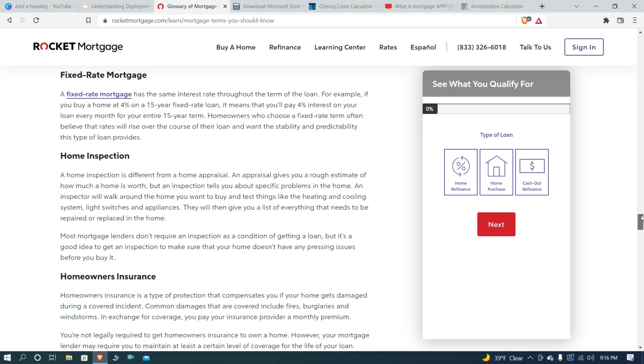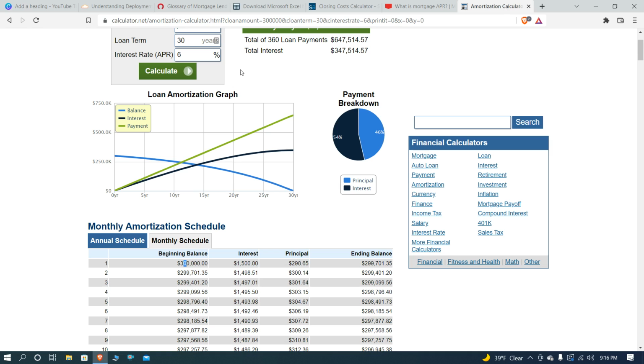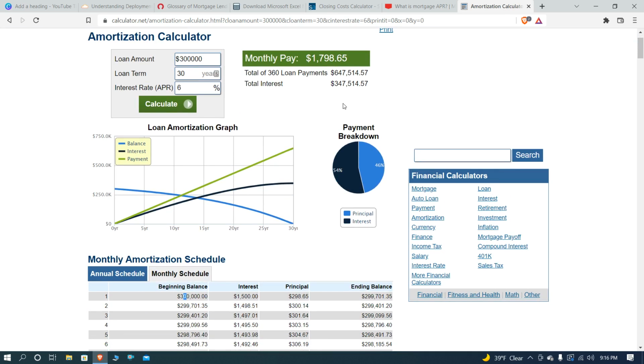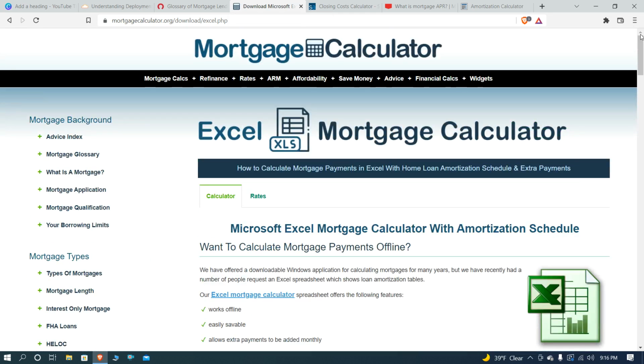Now, what you will find is that there are 15-year and 30-year mortgages. With 15-year mortgages, you will always pay less interest because you are paying off the price of the house in half the time. And so what you'll find is that if you go to an amortization table, right? Look at this, $347,000 on a 30-year. If you did a 15-year,